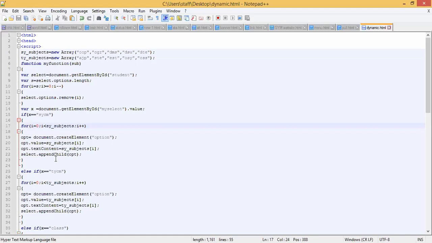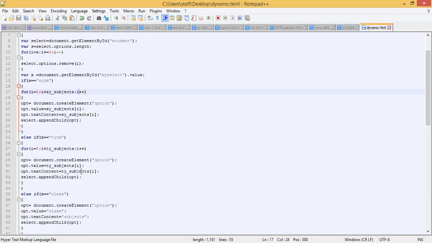Dot value, child option. Okay. SYCM, then subjects TY. Okay.